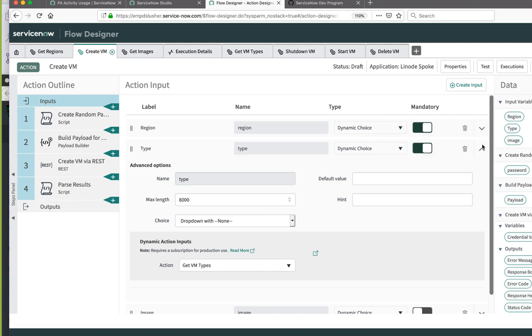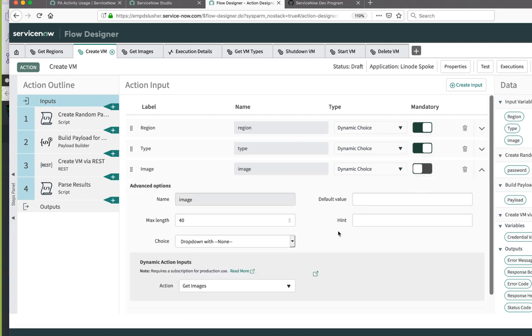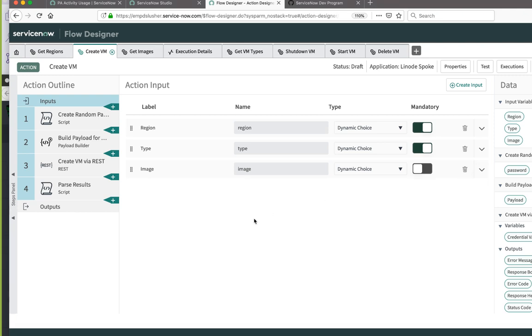And that is one of the reasons why you have so many actions, is because these dynamic choices rely on an action to go and retrieve that. It didn't have to be 3. It could have been one action that could get all 3 of those things and return them appropriately.